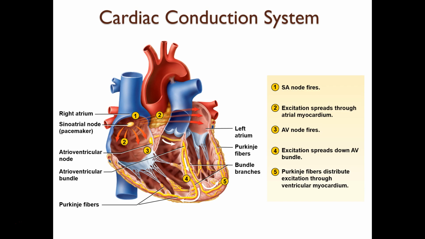Okay? Now, what we said before is that the muscle cells don't need to be told when to contract. They can contract on their own. Right? Remember that? That's because the heart is myogenic. So why is there a need for the SA node? The SA node is going to tell them to contract together. Okay? So the muscle cells themselves have the ability to contract, but they don't contract in unison.